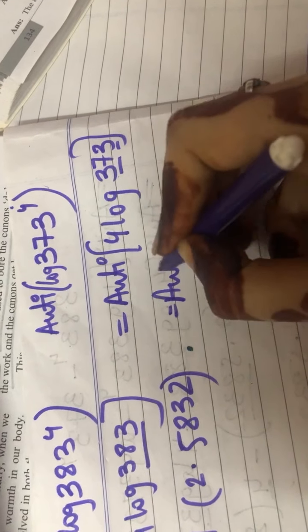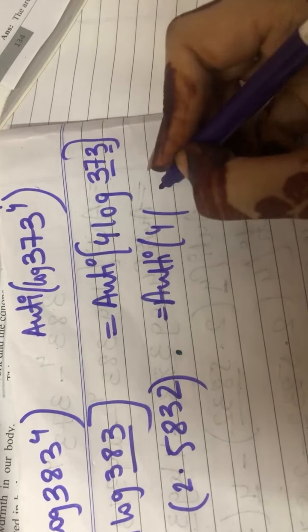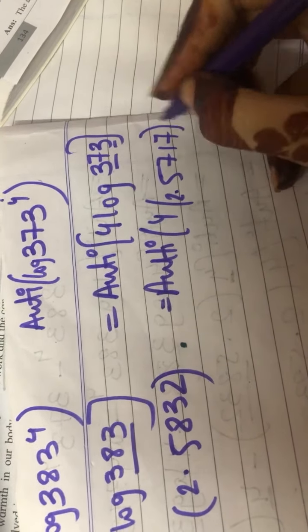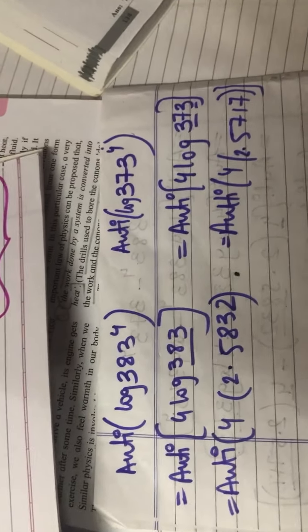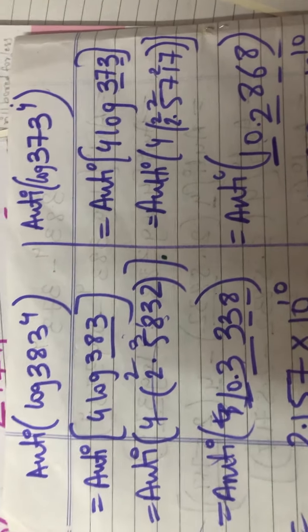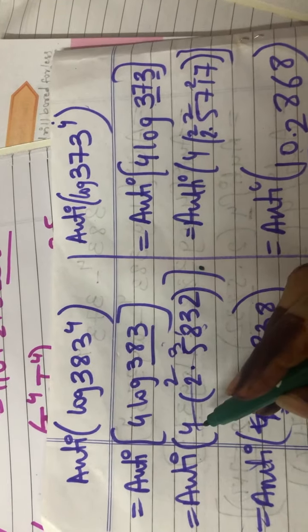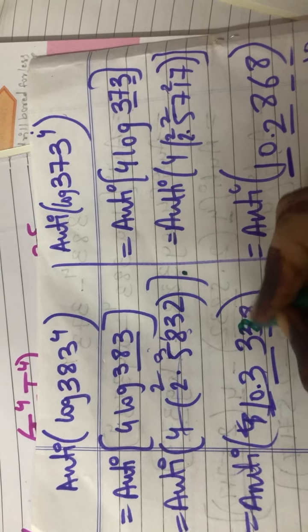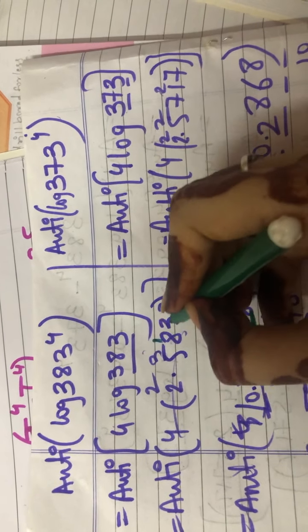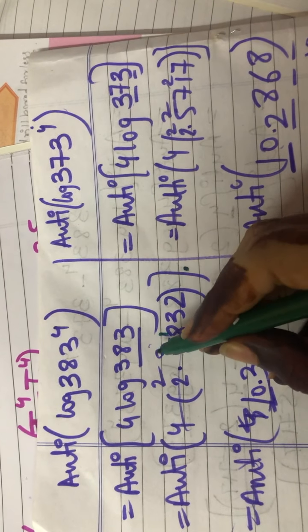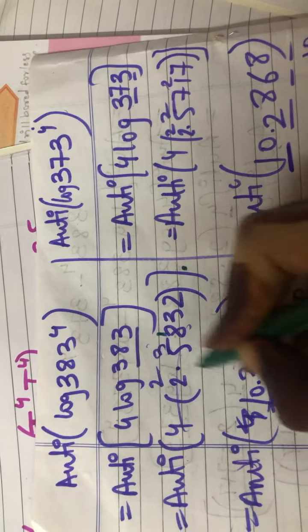So it will be 2.5832, and for 373, 5717 and 3 digits, 3 minus 1 is 2, so 2 point. Hope you all are not confused over here. We are calculating this separately, okay? Now, to save time, I have just multiplied. What I have done is 4 into this, that is 4 2s are 8, 4 3s are 12, 4 8s are 32, plus 1, 33, 4 5s are 20, plus 3, 23. So here 3 and 2.